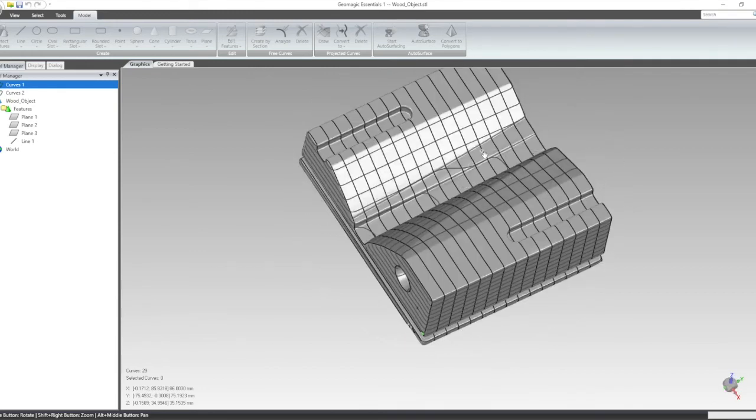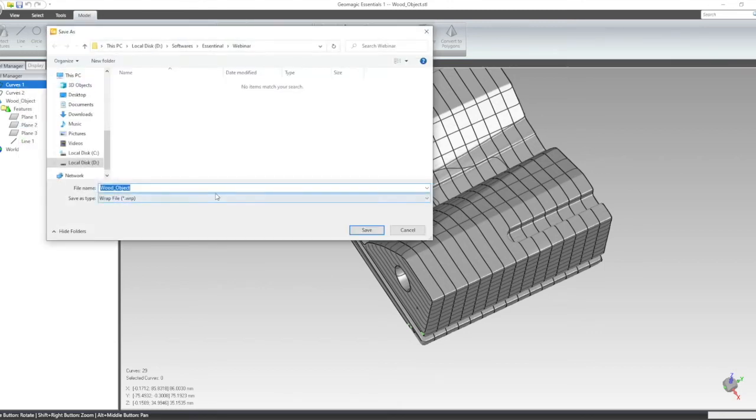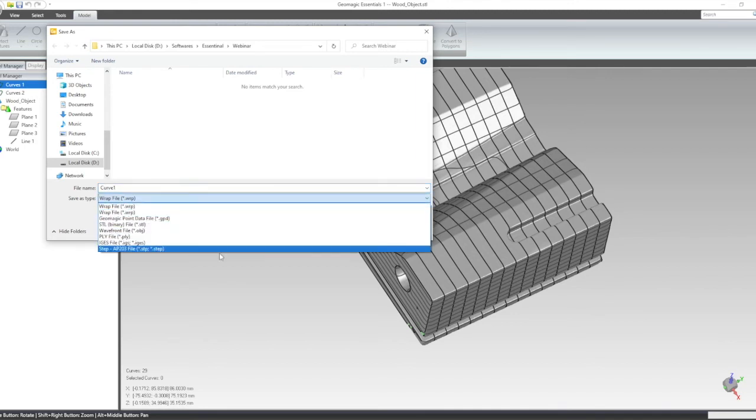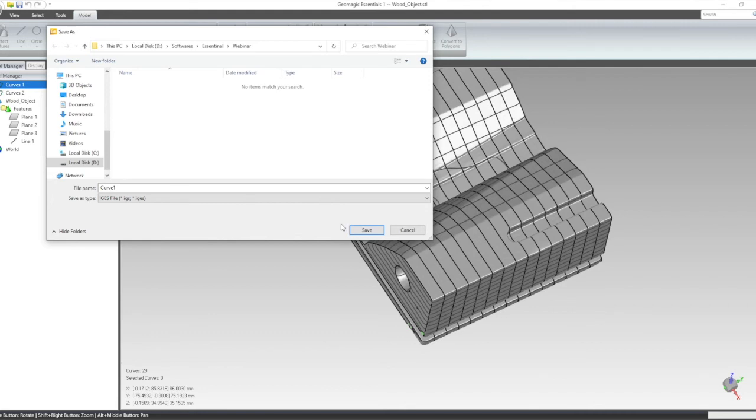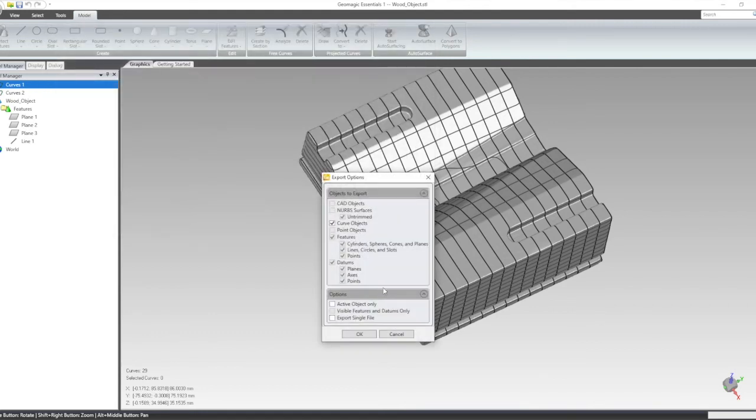which we can, if we want to import such curves to Control X, click here and click on Save, and so here we can give it a name, curve 1, and to import it, best is to choose the IGES format. Click on IGES format, save the curve, save. Here we can say export it as a single file, or otherwise we see all these curves down here, every one in a single file. So export a single file, say OK,